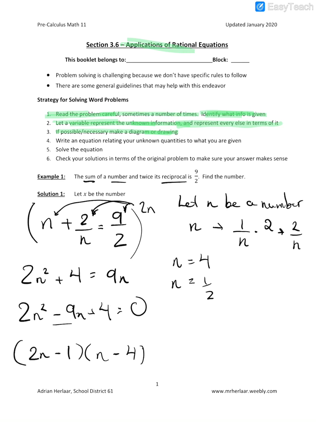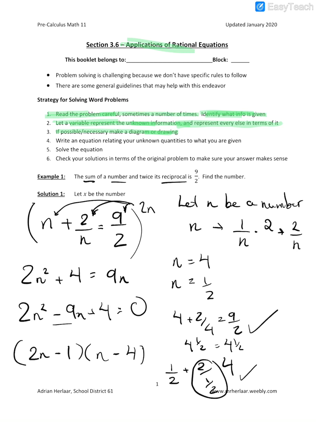If we test both those numbers in our equation, you'll see that it holds true. If n is 4, we have 4 plus 2 over 4 has to equal 9 over 2. Well, 4 plus 2 over 4 is just 4 and a half, and so is 9 over 2. And if we have a half, you have a half plus 2 over a half. Now 2 over a half is 4. So again, you get 4 and a half. So we know that both of those work. You're good to go. Let's look at something a little bit more